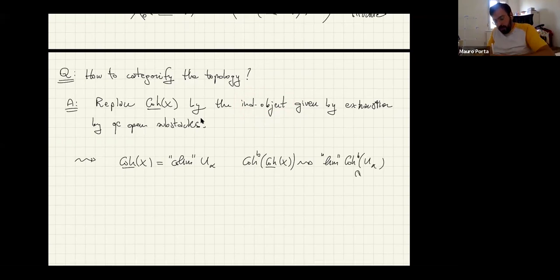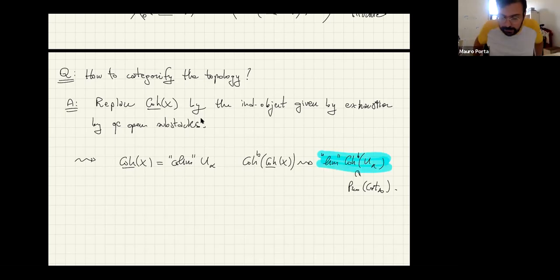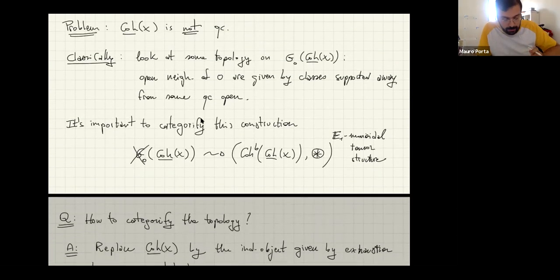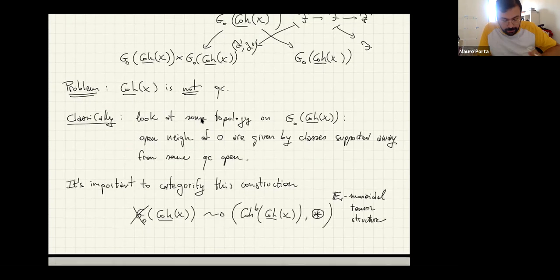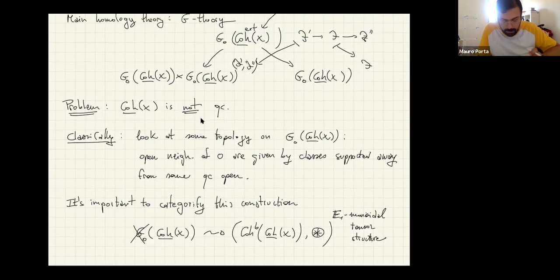And this is a pro object in Cat infinity. Okay, so this is the important object which allows us to effectively complete the categorification problem I was talking about. So in the remaining 5 minutes,